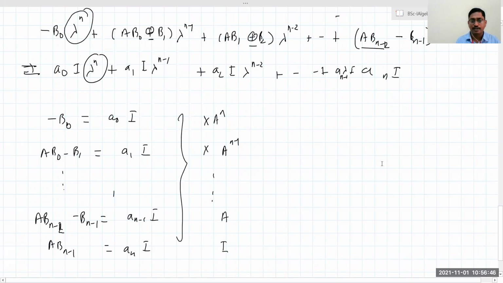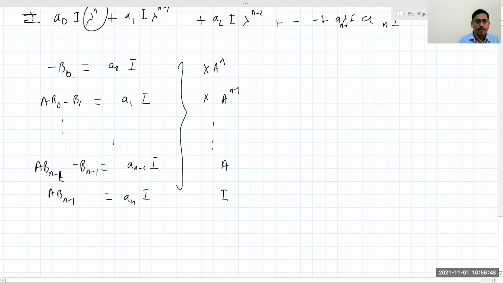So I'll just write here. The first equation is multiplied by A raised to n, so minus b naught A raised to n. The second equation is multiplied by A raised to n minus 1, so here you get A raised to n b naught minus b1. Either you multiply by post or pre, so you decide it. You have to pre-multiply, on pre-multiplying by A, because A is written on this side,